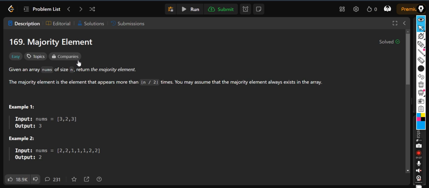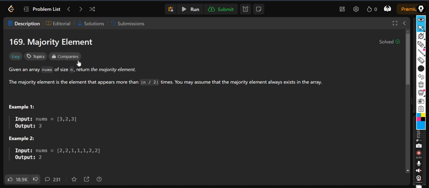We should take a counter and count if the number is similar. If the number is similar we'll increment the count, and if the number is not similar we'll decrement the count until we reach 0. If 0 occurs, we'll discard all the array which was previously stored and we'll start fresh with count 1 from the next element.